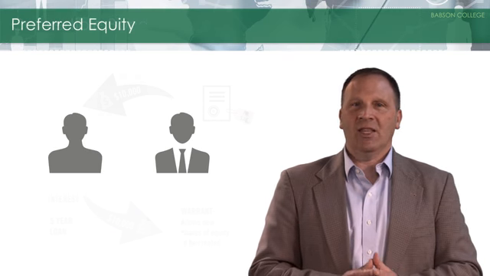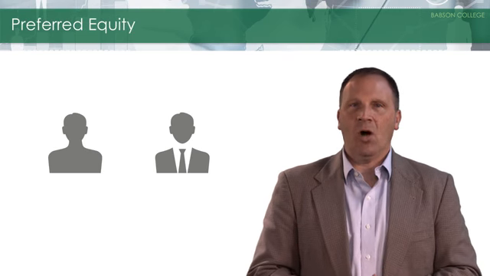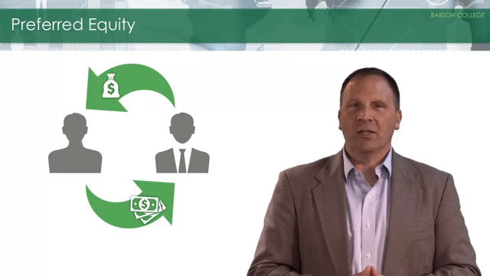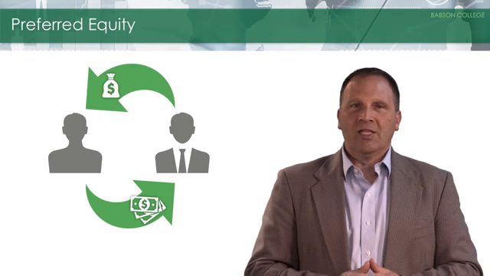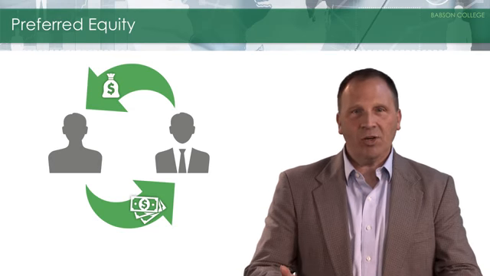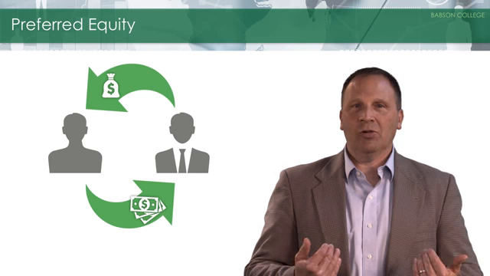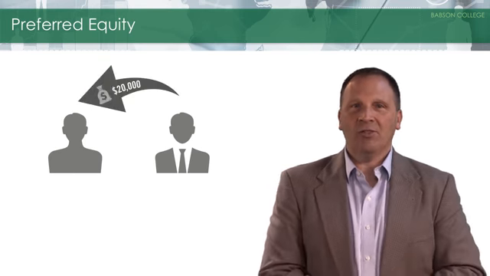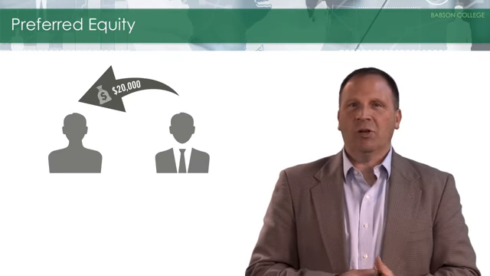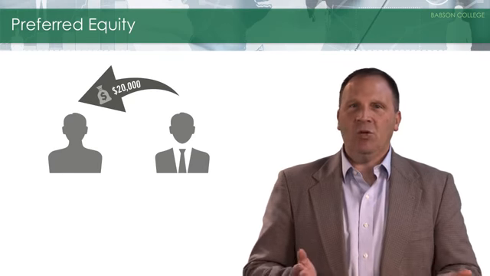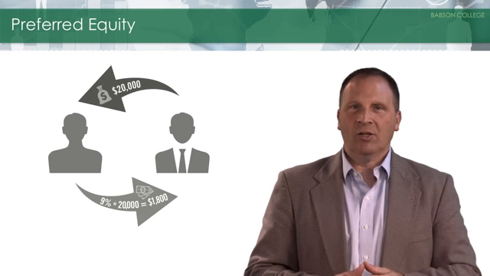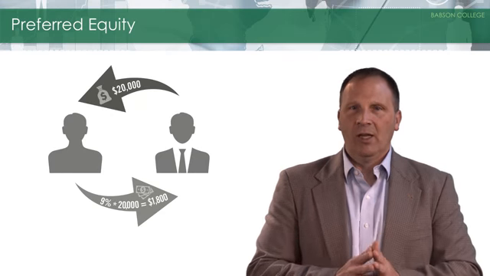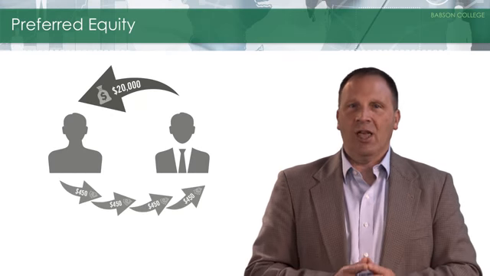Now on to the second example of a hybrid form of financing called preferred equity. This one is actually a little simpler than convertible bonds. For preferred equity, someone would provide you with money, and in return, you provide them with a fixed rate of return each year. That's it. Let's say you and I decide that I provide you with $20,000, and you pay me a rate of return of 9% per year, or an annual payment of 9% times the $20,000, or $1,800. To be honest, many of these payments are made quarterly, so let's call it $450 every 3 months.